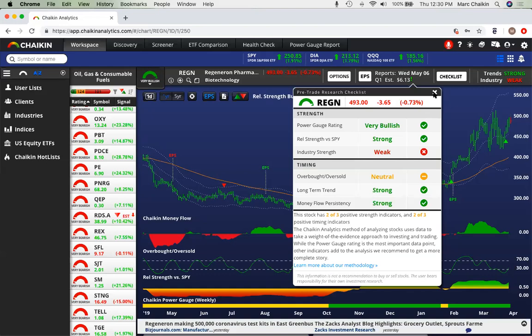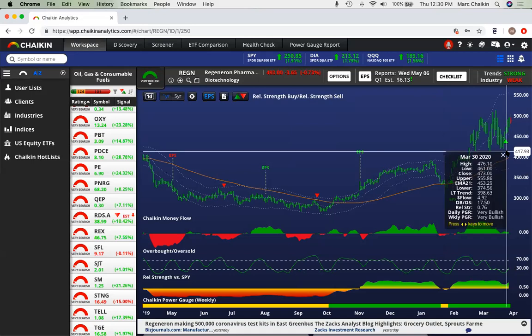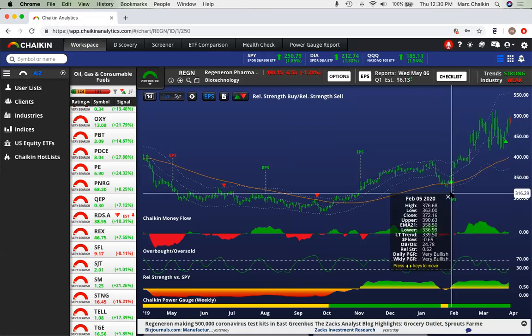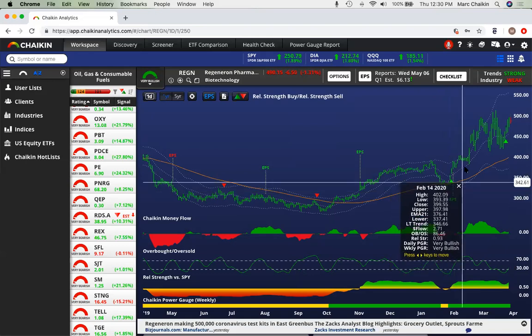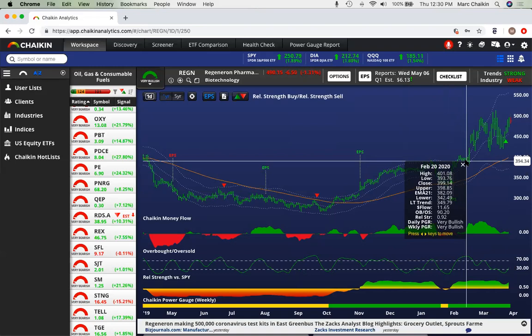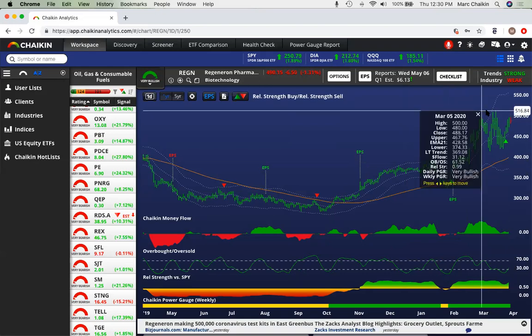In a climate like we're in right now, a good discipline is to not chase stocks, not reach for stocks, but to buy them when they're oversold. And that's what happened in Regeneron right here. You got another relative strength buy signal. So notice how the first signal enabled you to ride out the move from that upper volatility band. In this case, this is a modified Keltner channel, and benefit from this big move up to new all-time highs